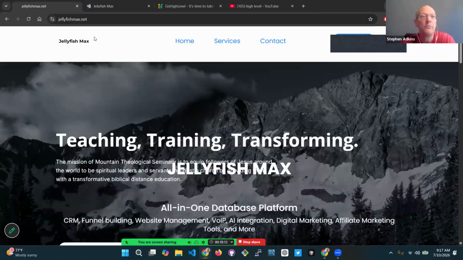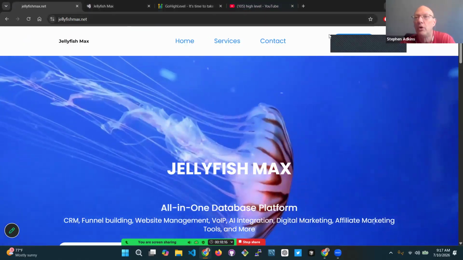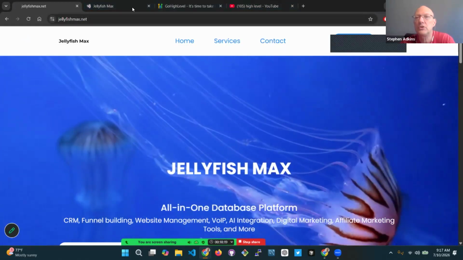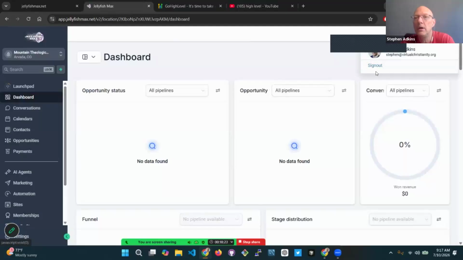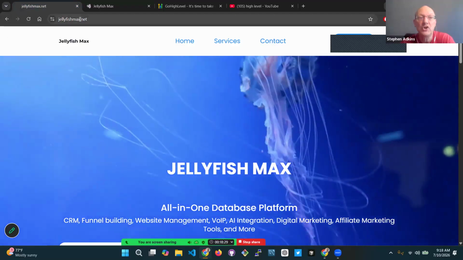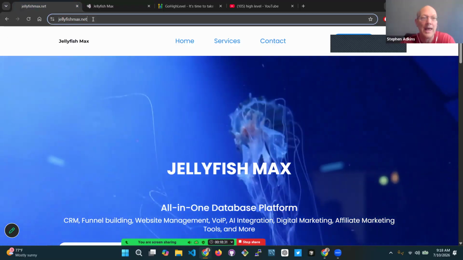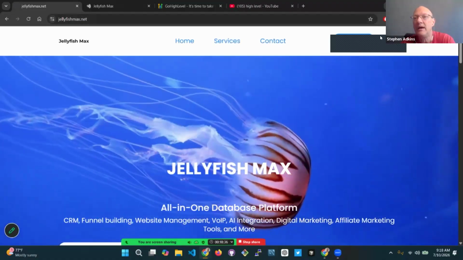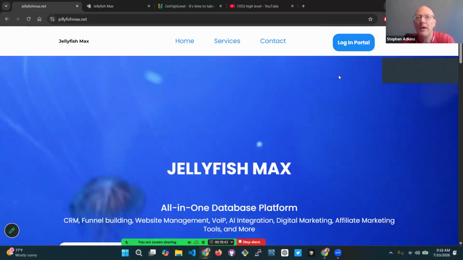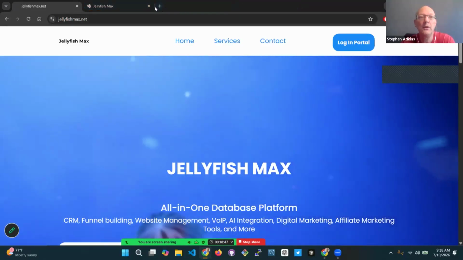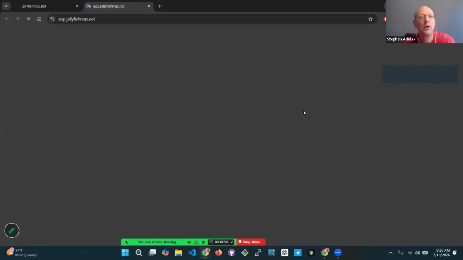Now, the backend platform that we're using is a platform called, let me exit this. I'm going to log out. Okay. The platform is jellyfishmax.net. So if you go to jellyfishmax.net, you'll see this. And then where to put my Zoom tools? That is the problem. And then if you want to log in, you'll click on log into portal,